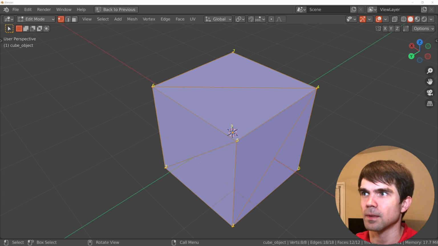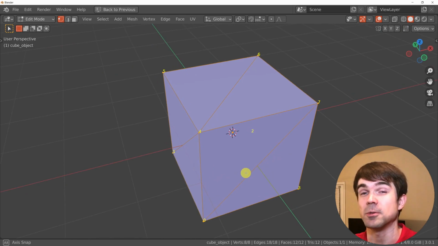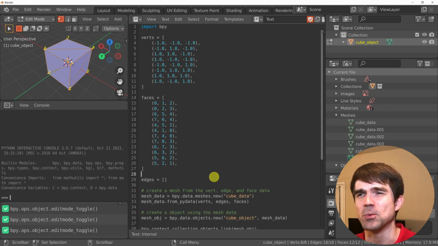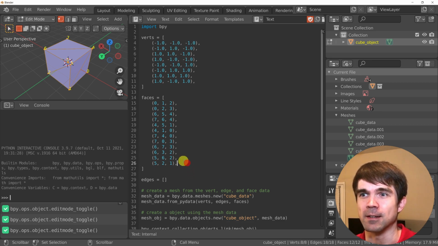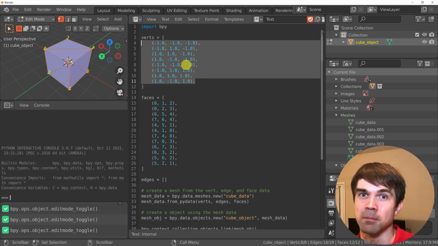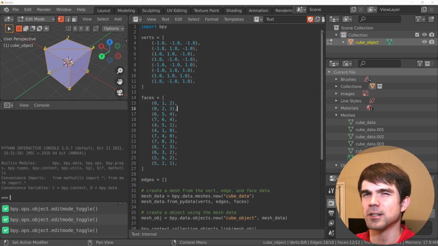Exercise number 1. Define a cube, but instead of using quads for faces, use triangles. So you're going to start off with code like this, right? And you're going to enter the verts and the faces and define this. So pause the video now. All right, here's one of the ways that you could have defined the verts and faces. I just reused the verts from the first cube that we went through just minutes before, but I had to redo the faces, right? Also, make sure to check the orientation of the faces so you don't have your cube looking like this.